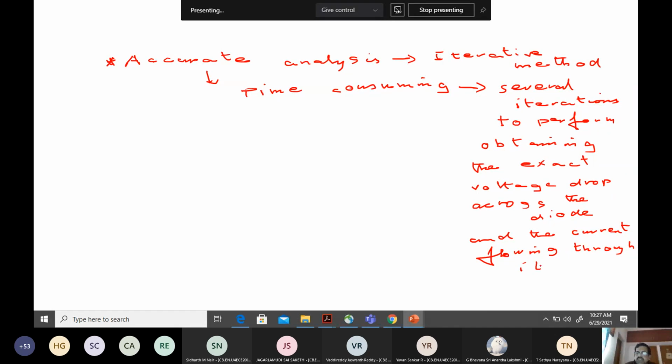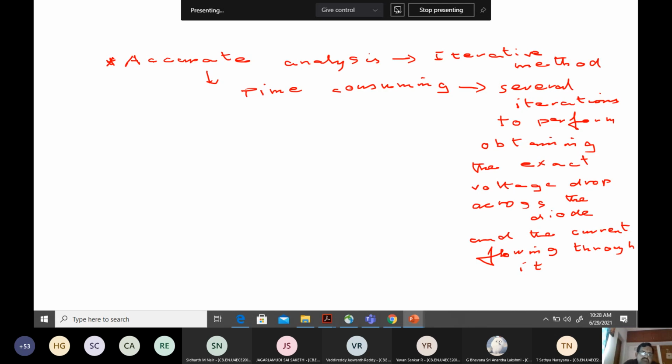Now, do I require it? The question is how accurate the analysis has to be. If it is a simple circuit, it is okay, fine. But if it is a complex circuit involving multiple diodes, like the ones we did in the class, then performing this iterative method is going to be cumbersome and not always necessary.